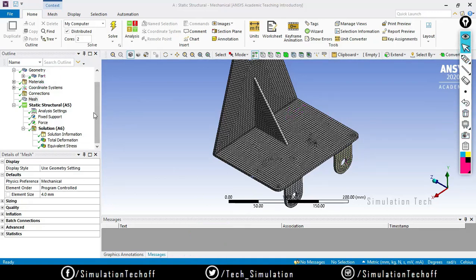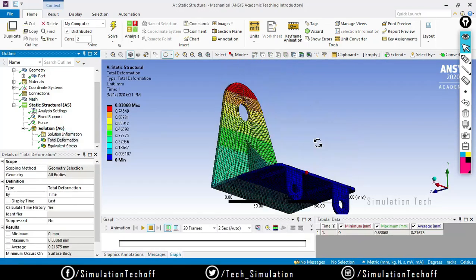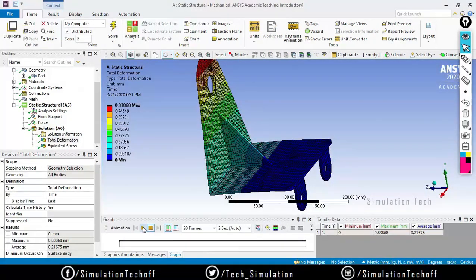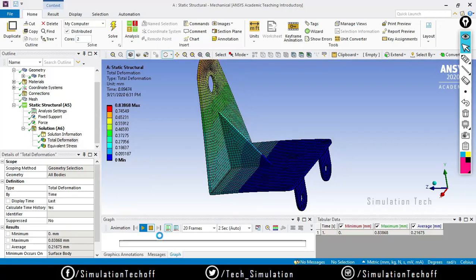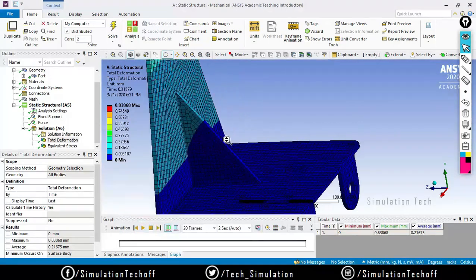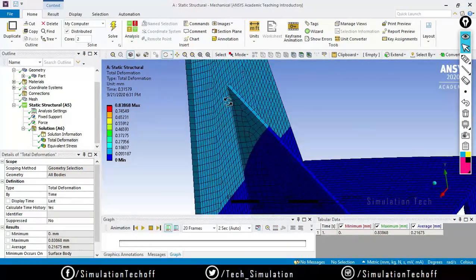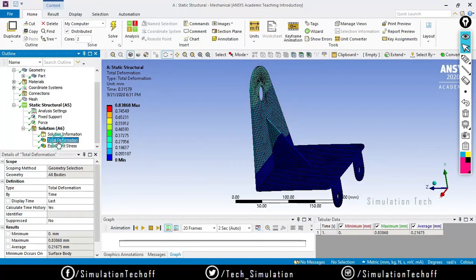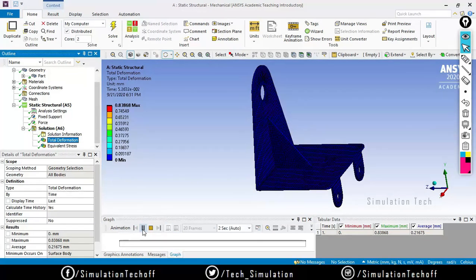Okay, first let us check out our total deformation. Okay, there is no discontinuity at all. If it had any discontinuity, it would show a gap between the two edges, these rib structures and then the L section. It is not disconnected, it is actually connected with each other.